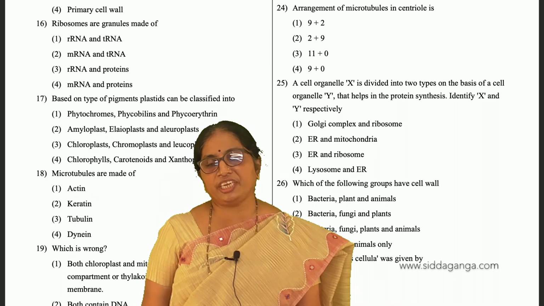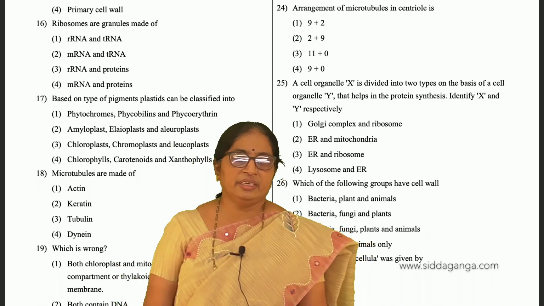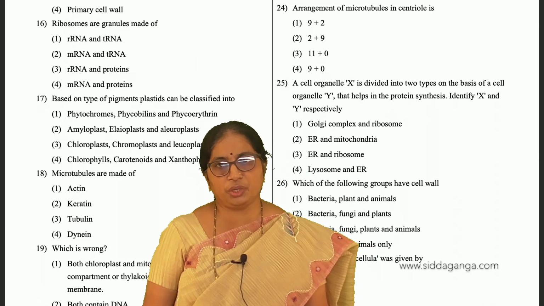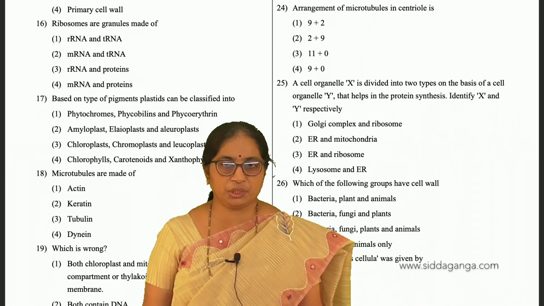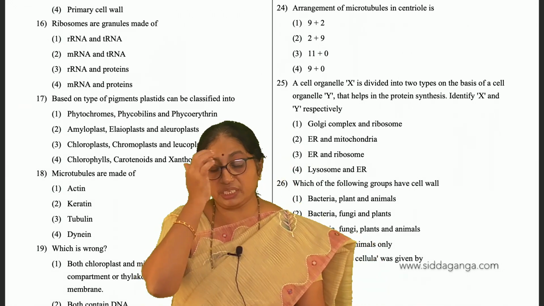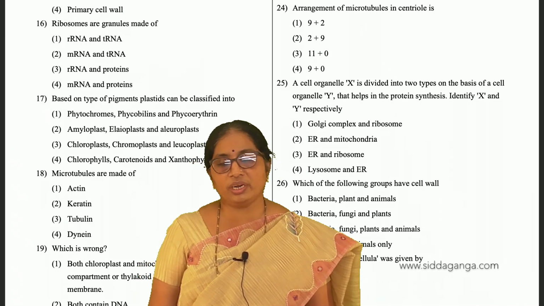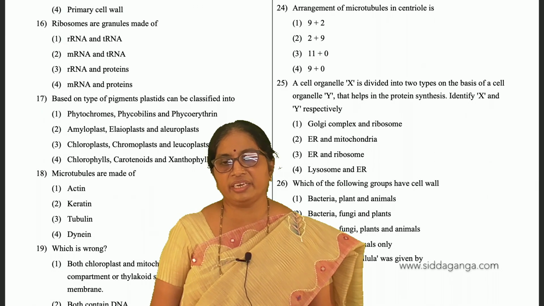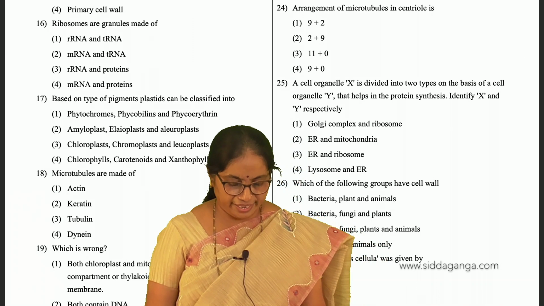This type of arrangement, you call it the cartwheel arrangement in centriole, and that shows 9 plus 0 arrangement. The 9 plus 2 arrangement we have studied in flagella or cilia, but in 9 plus 0, in the center there is a hub, there are no microtubules, but only in the peripheral region you find the 9 microtubules. Therefore the right answer is option 4. Next,